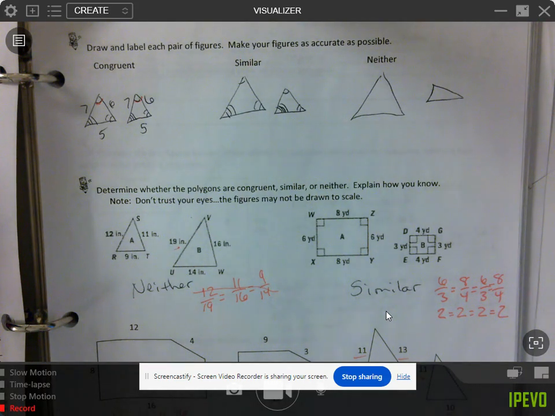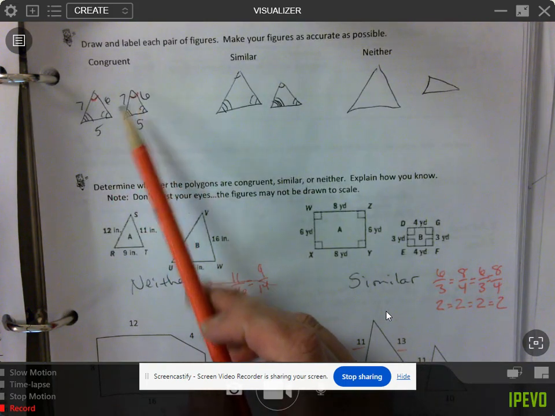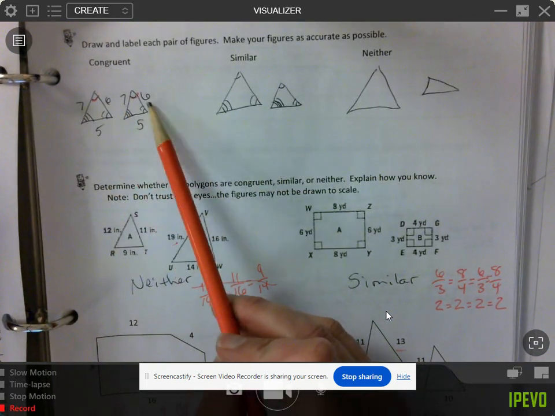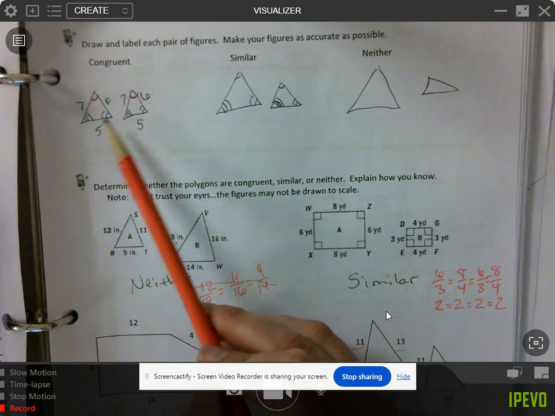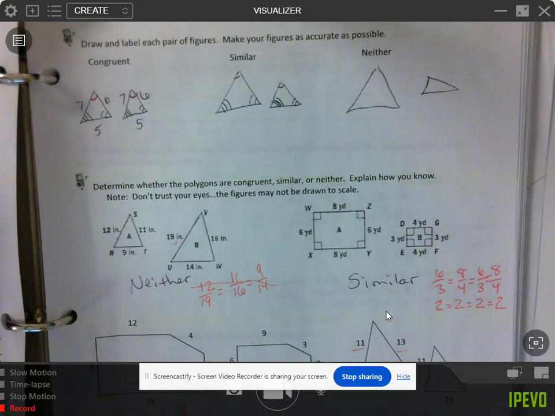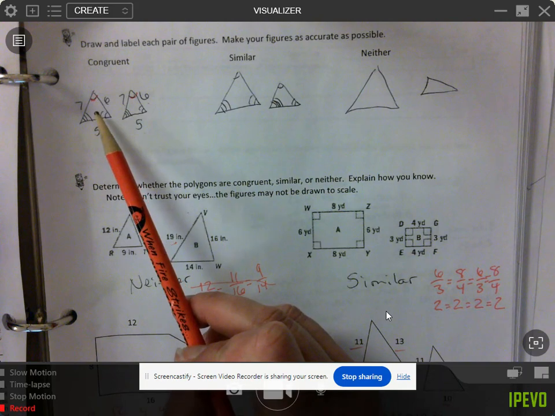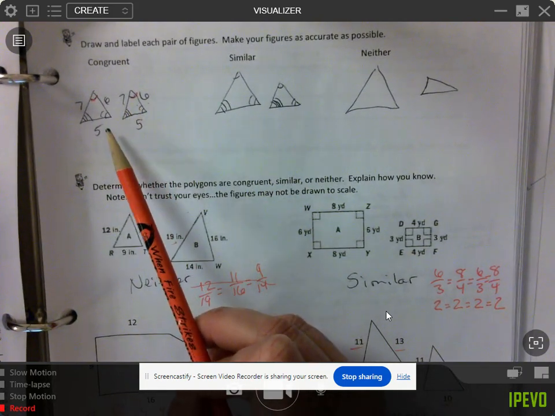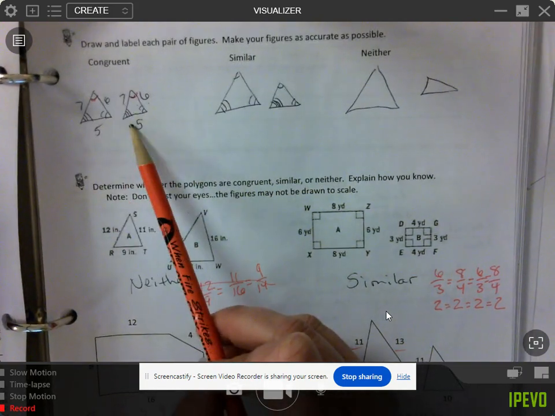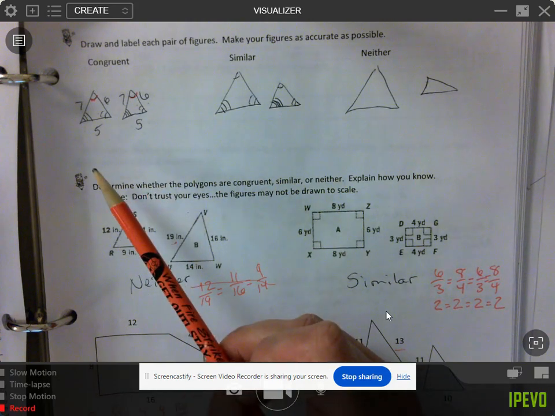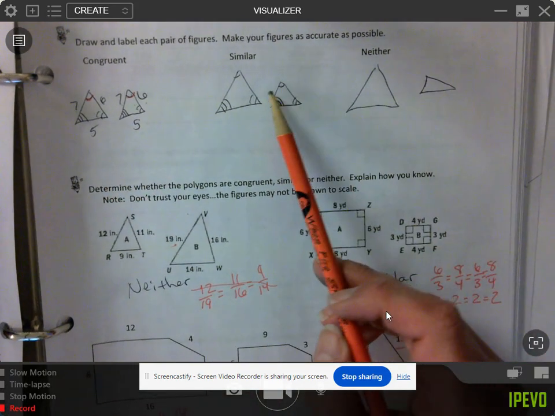If you are drawing something congruent, you are drawing them to look identical. So every side should match up. All the angles, you should be showing that they are identical. Do we have to put in angle measurements? No, we don't have to put the actual measurements in, but we do have to put in those arcs to show that they are congruent. For the similar,